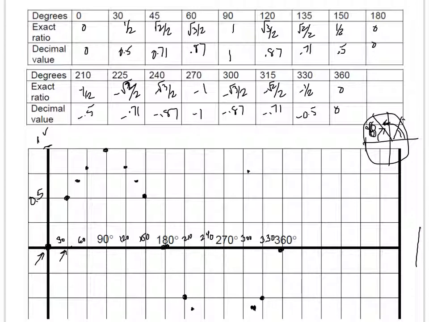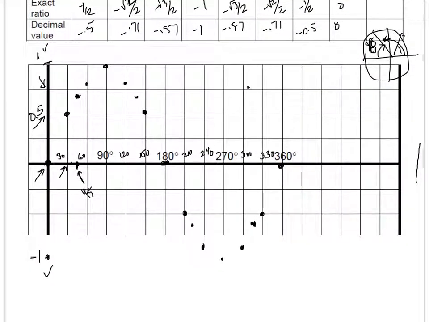And then the next point is 45 degrees and 0.71. So 45 is in between 30 and 60, so it's going to be here. This is 45. So I go up. This point is 0.5, and this is 0.75. So the 0.71 is going to be approximately somewhere around here. So this is the approximate point for 45 and 0.71. And you can continue with the same points, and then you get a graph which looks like the one which is shown. You can connect the points if you want, and you're going to get,